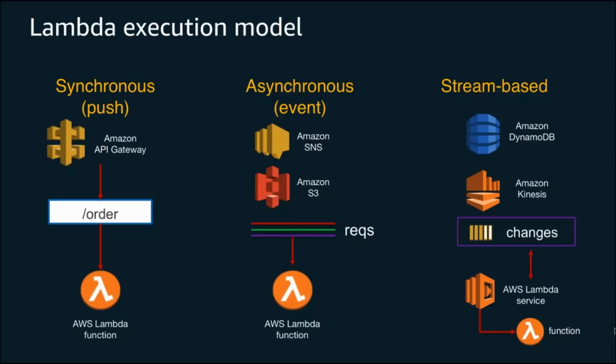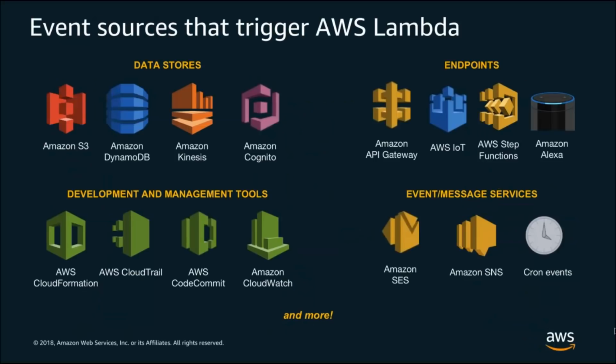In this case, again, you're not expecting your function to respond back to the originating service. You're just expecting it to complete the business logic that you're looking for. And so there are a number of different event sources that trigger AWS Lambda. Something around 30 different AWS services today have the ability to invoke a Lambda function on behalf of itself or of your application. And so there's lots of different ways that Lambda can glue into, again, your infrastructure and your application across these.